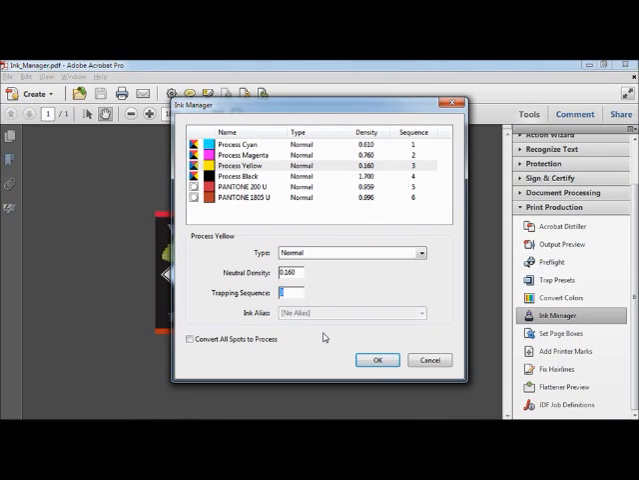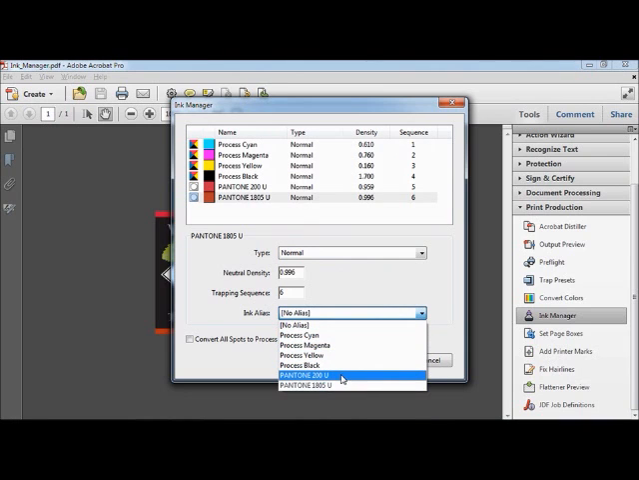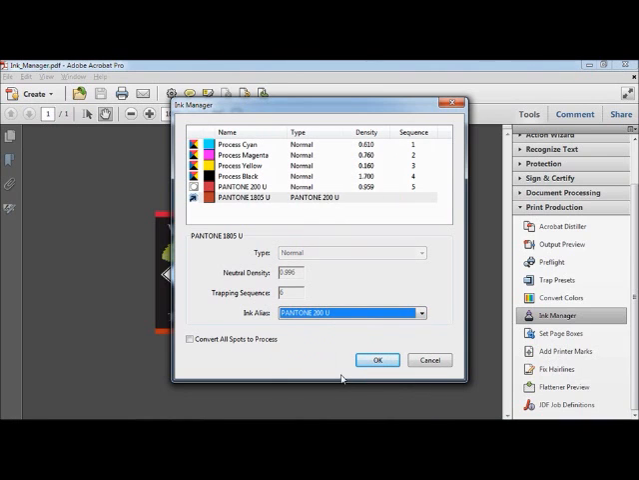To fix this issue, select the color that's incorrect, in this case Pantone 1805, and then choose PMS 200 from the Ink Alias menu. This ingenious option simply moves all the elements using 1805 into the Pantone 200 plate. First problem solved. Another common problem is that projects may be designed with spot colors and then for one reason